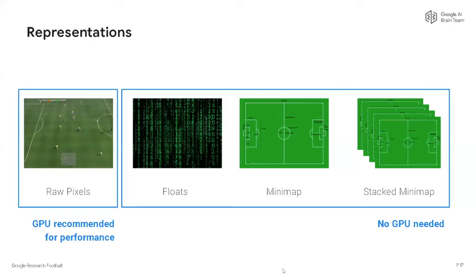And as you can imagine, training from such data is relatively hard because the input is very big. Also, the agent has to understand all the dependencies between pixels on the screen. So you could try to downsample that. But in practice, what is being used instead of raw pixels is the minimap representation, which is basically a smaller version and in 2D. So it's like a 2D projection of the 3D view,